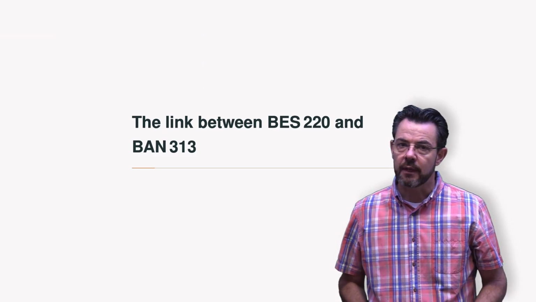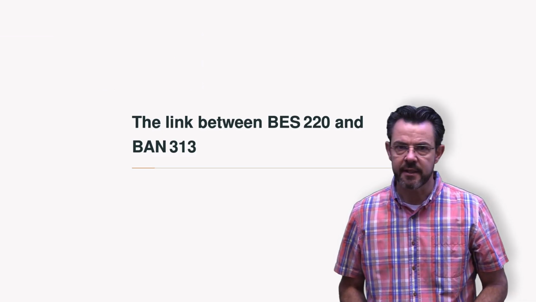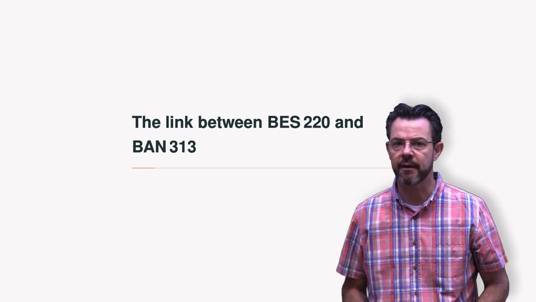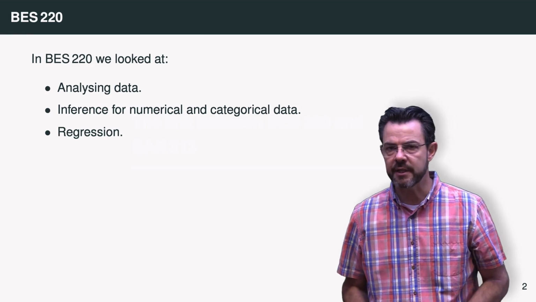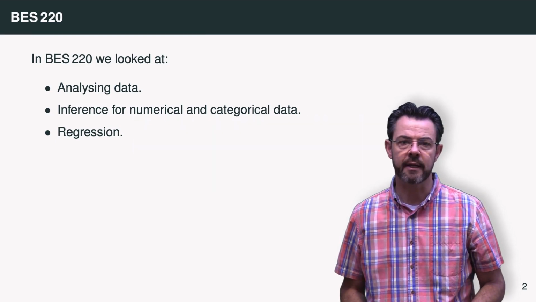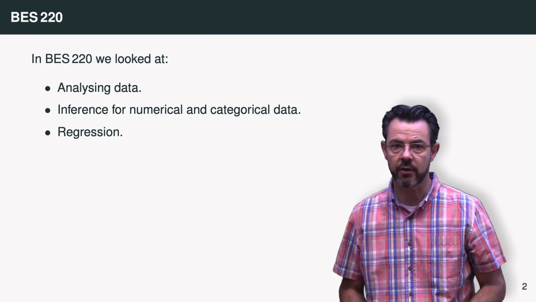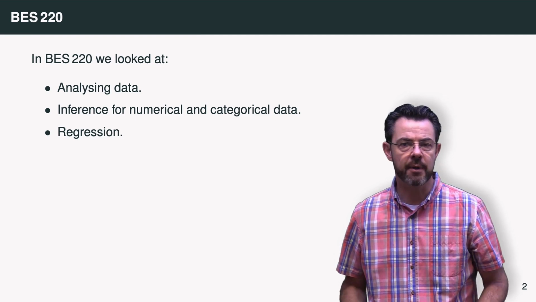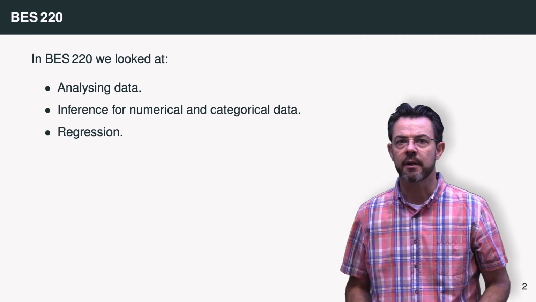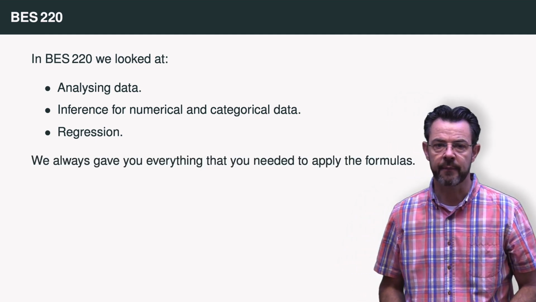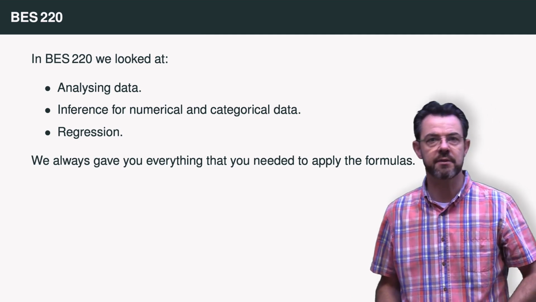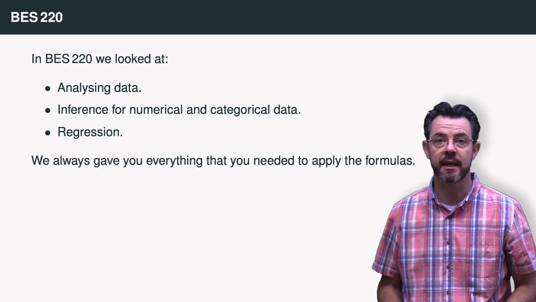Now there's a clear link between what you've done in engineering statistics, BES 220, and this module, industrial analysis, BAN 313. In engineering statistics, we looked at analyzing data. We looked at inference for both numerical and categorical data, and you were introduced to the concept of regression if we want to do some predictive modeling. And we always gave you everything that you needed to apply in the formulas. You got your formulas, maybe a formula sheet,